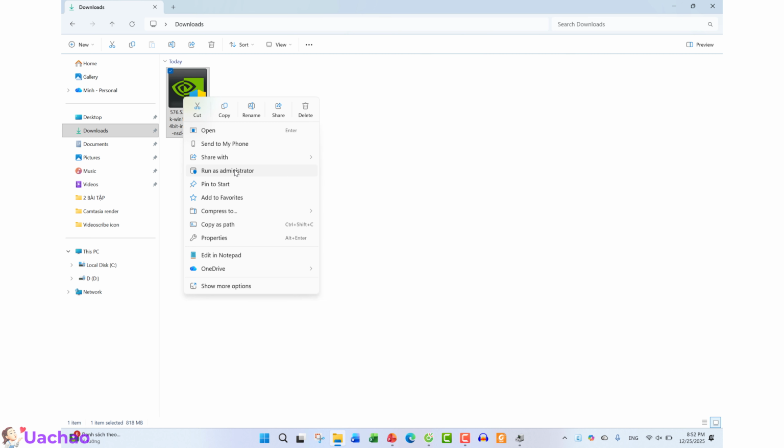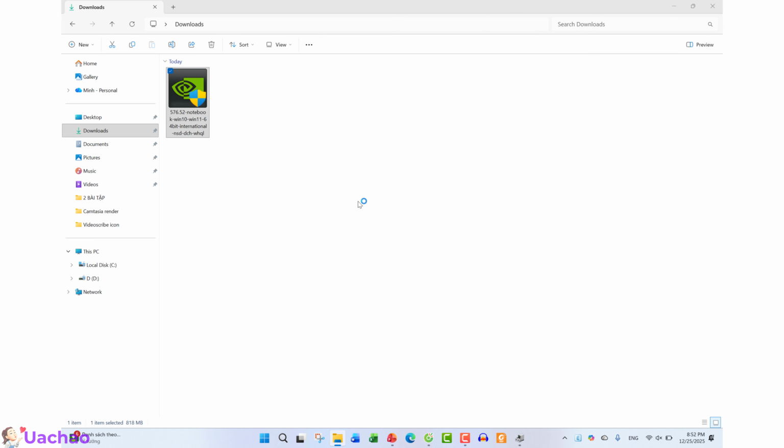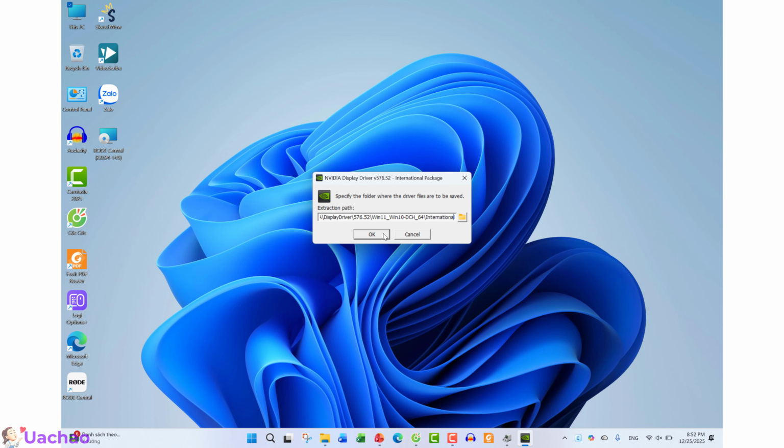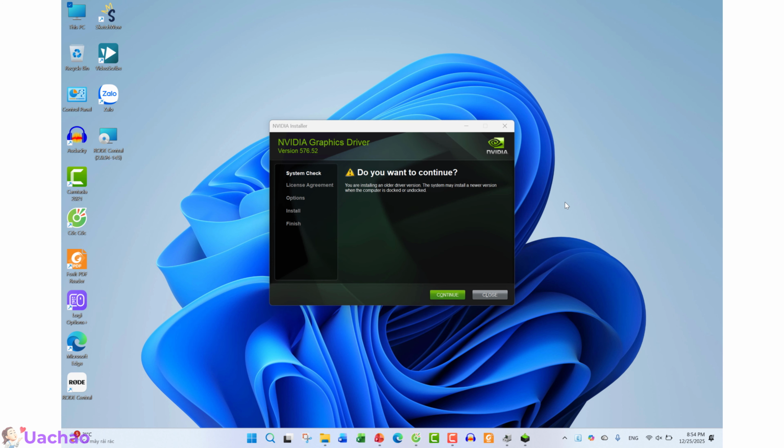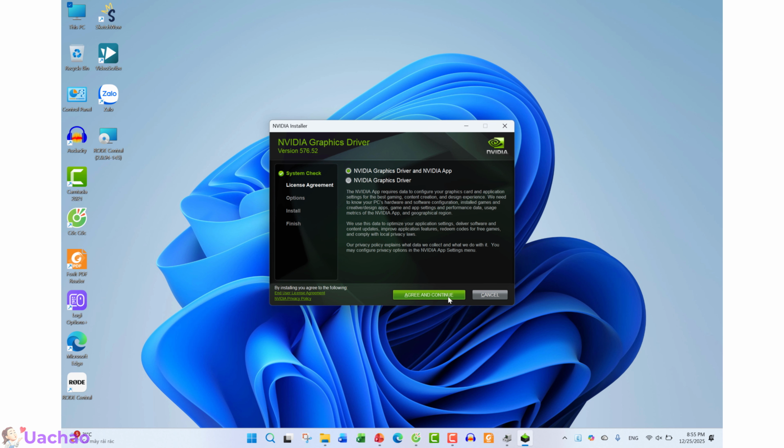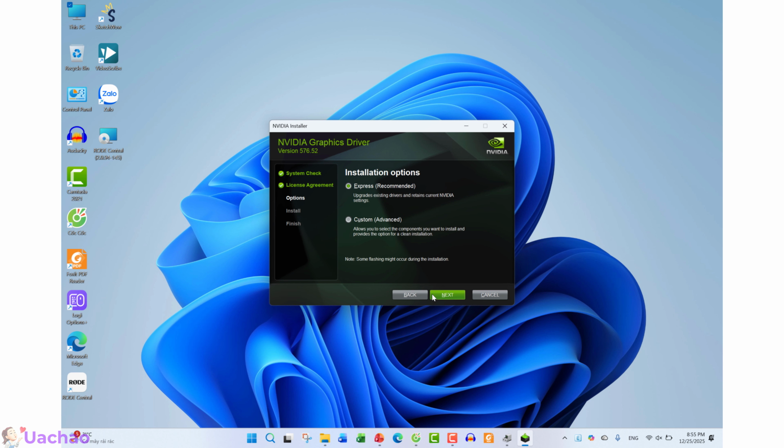After downloading, right-click the installer to run as administrator. Ignore the warning that it is not a native driver and click Continue. Select NVIDIA graphic driver only. No NVIDIA app if you prefer a clean setup.